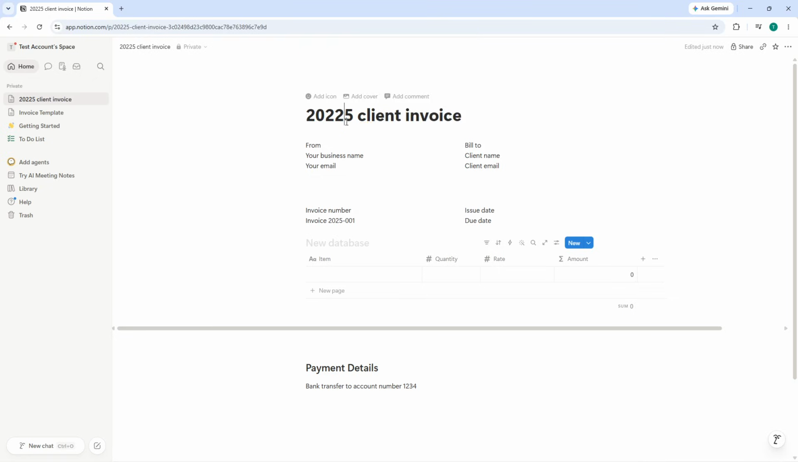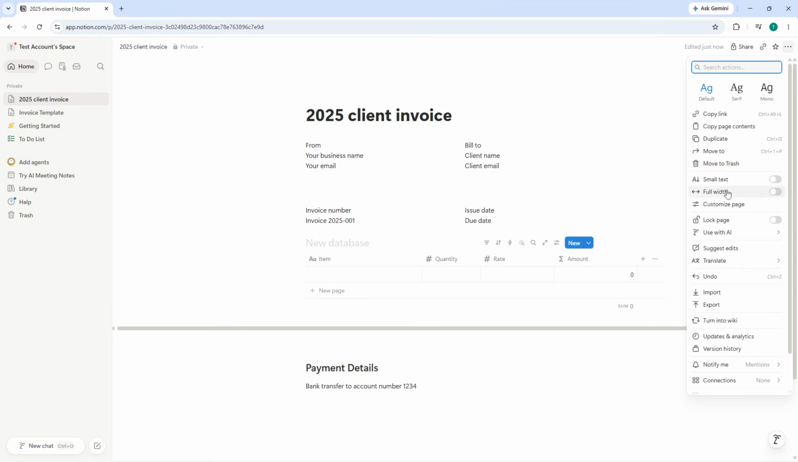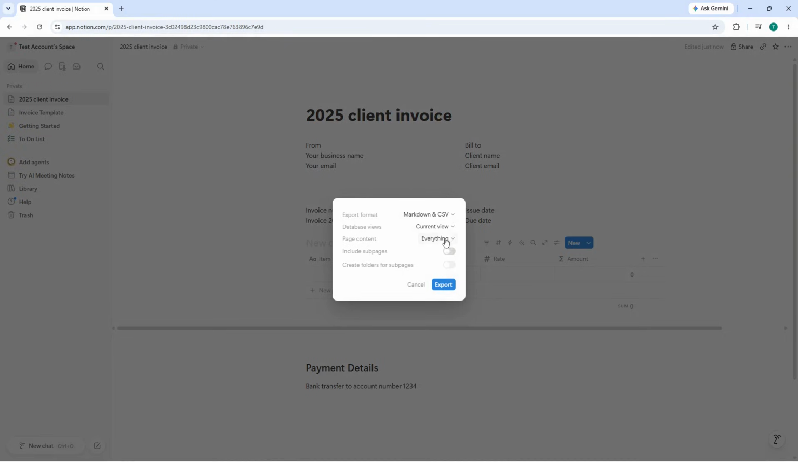I would not skip the duplicate step and just clear the original because somebody always overwrites the master and then the template is gone. Now if you need to send this as a PDF, open the duplicated invoice, click the 3-dot menu at the top right and choose Export. Notion gives you a PDF option that exports the page cleanly so you can email it without inviting a client